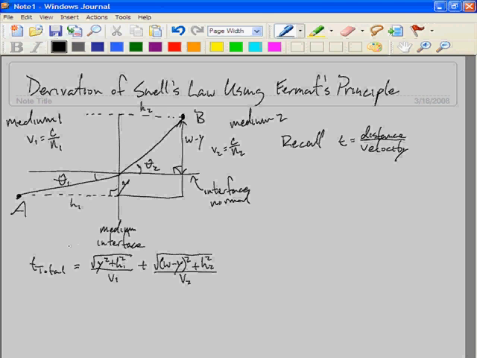Now, to minimize this time, we use the first derivative with respect to the independent variable, which is y, as can be seen from the diagram. This will be, of course, 1/2 times y over v1 square root